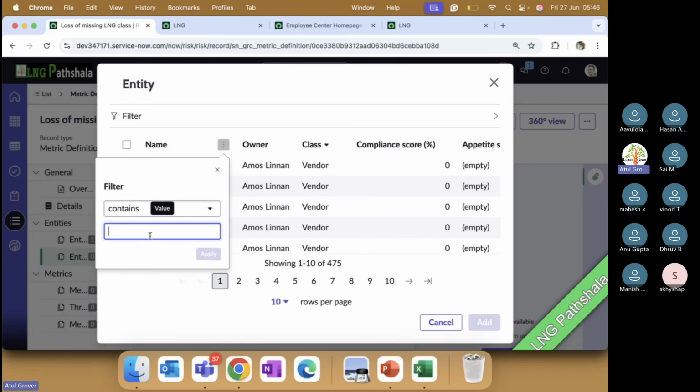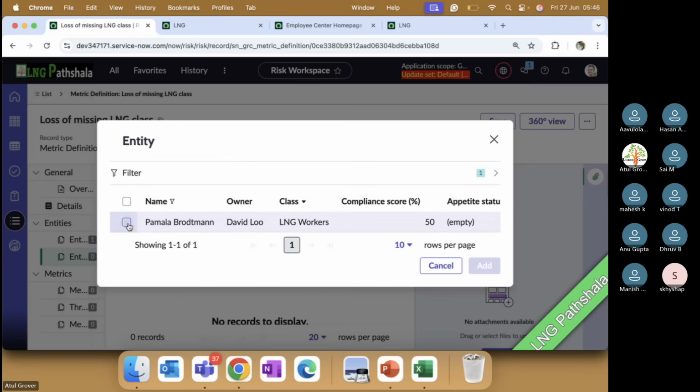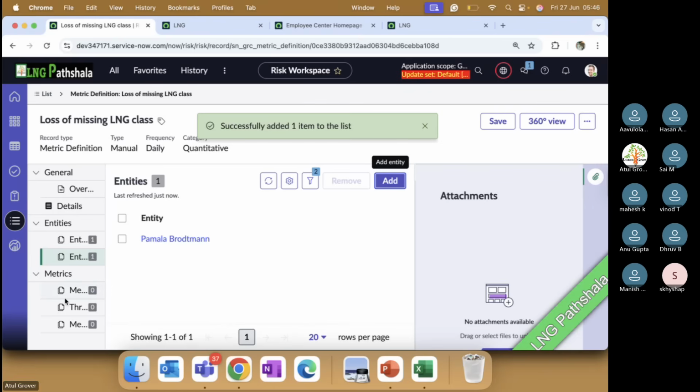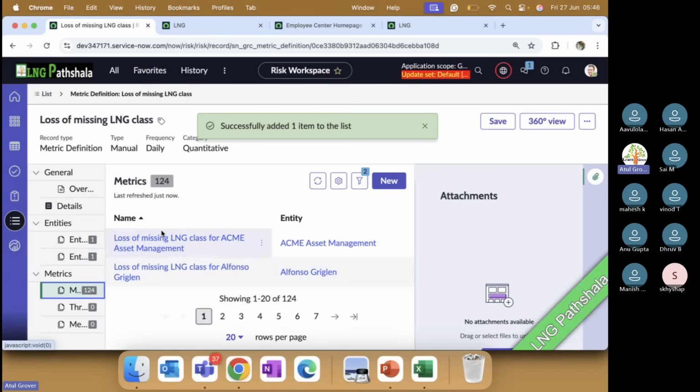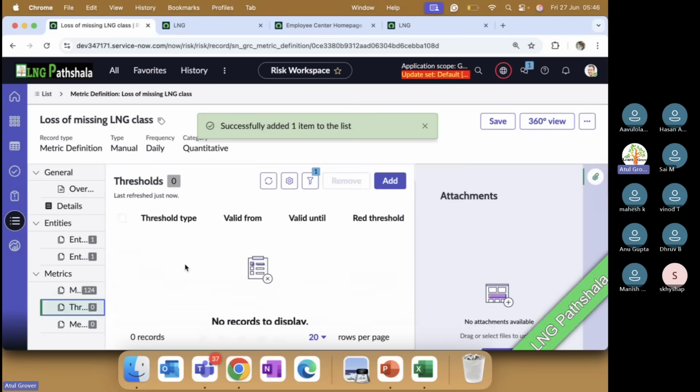What we can do, Pamela is there, right? Yep. Add. Now metric. In this, these two metrics will be attached. Threshold. Let's add a threshold that if